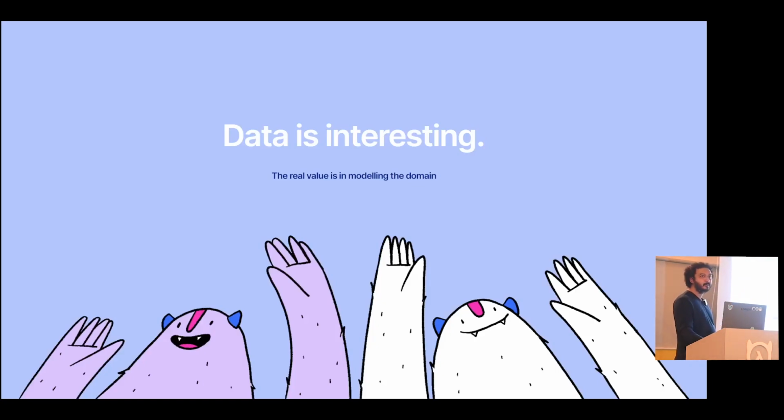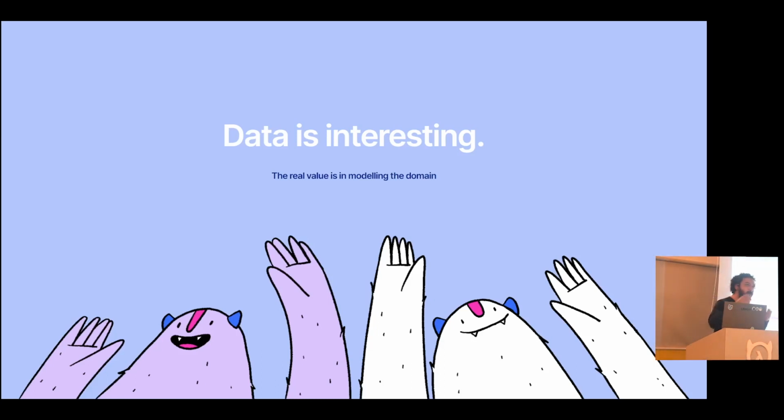Data is interesting. If you look at the people who actually bring value to a business, they sit very, very close to the domain. Most of the value comes from understanding what the business needs are and translating that into a domain model. That is where the magic really happens. After that, implementing the APIs, sure, there are several different ways to do it.